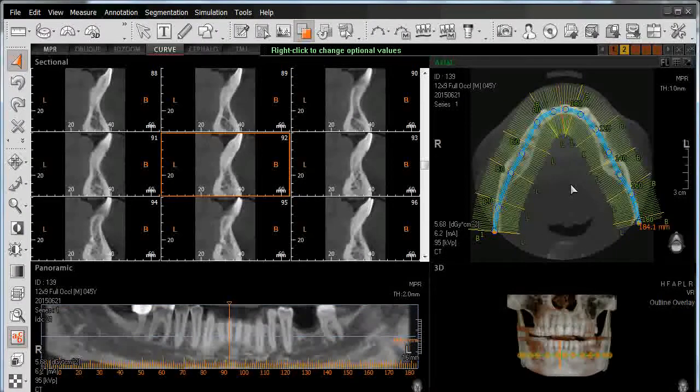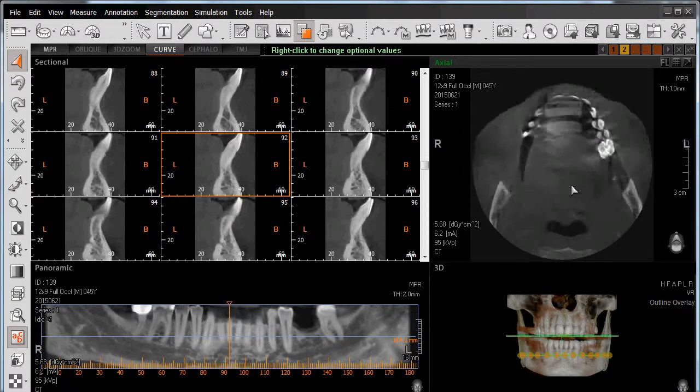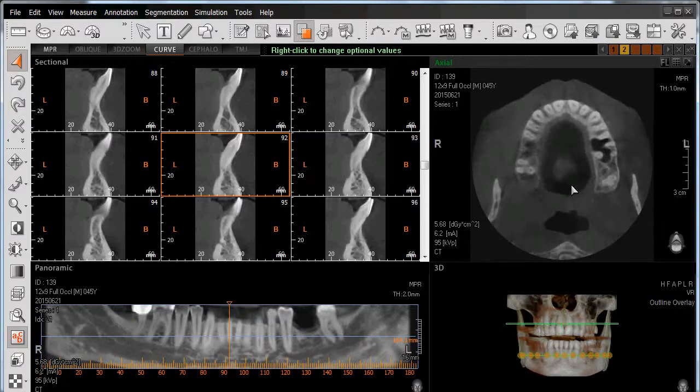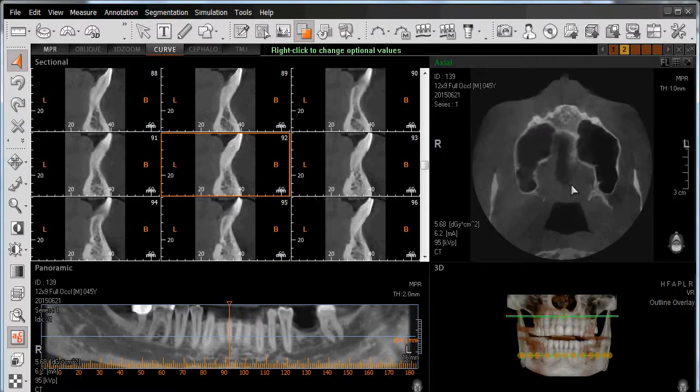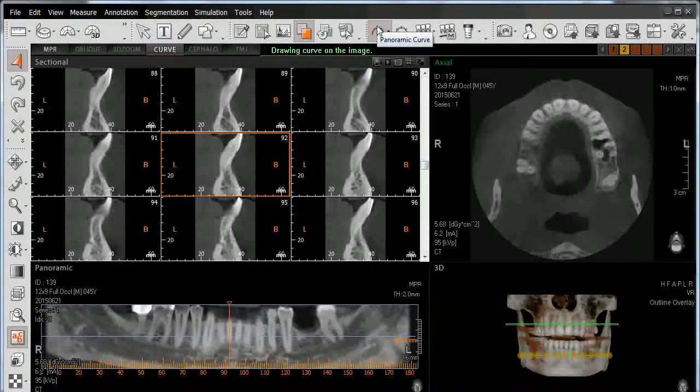By selecting the Enter key on the keyboard, we can hide those sectional lines, and then by utilizing the center wheel of my mouse, I can look at my 3D rendering in the bottom left hand corner where I see the green lines going more superior, and now I'm near the sinus floor, and then maybe come down where I look at bone level and the roots of my teeth, and then go ahead and left click on